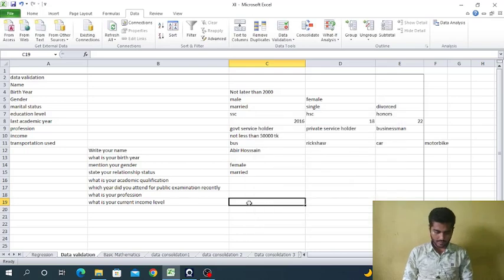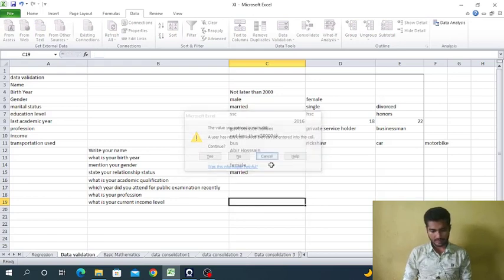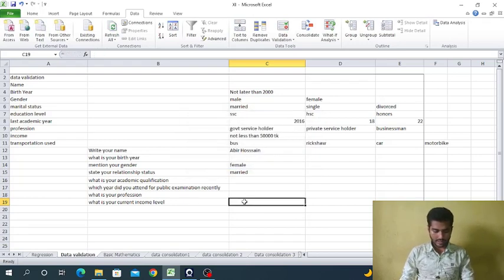Okay. If a person wants to write 10,000, the data will not be received. So you have to type greater than 50,000.